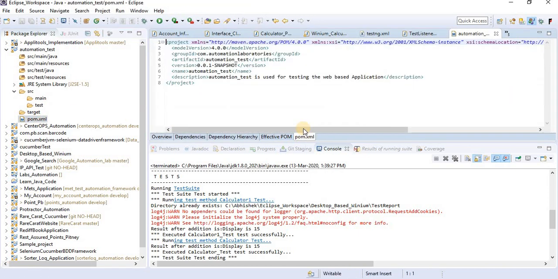The pom.xml basically has all the information which we gave in the starting, like group ID, which we gave as com.automationlaboratories, artifact ID automation test, and the name and description for it. If you want to define a new dependency for the project, it can be defined within this pom.xml, and it will automatically download from the web. So the definition about pom.xml